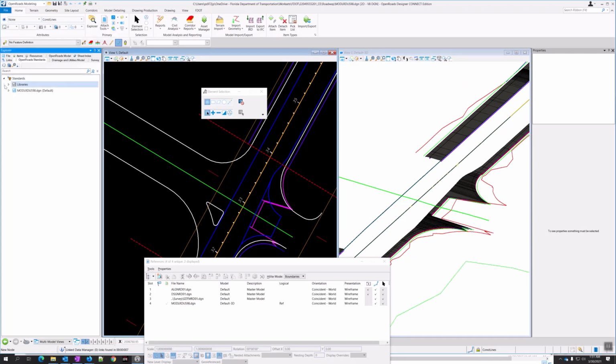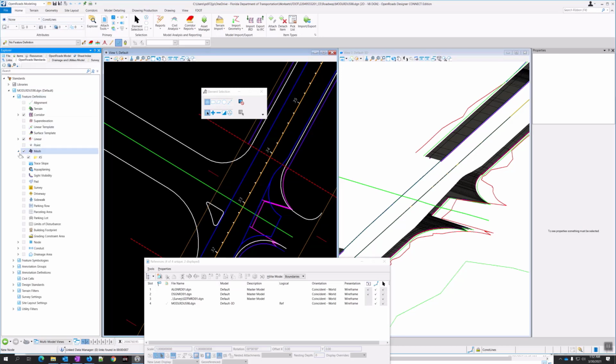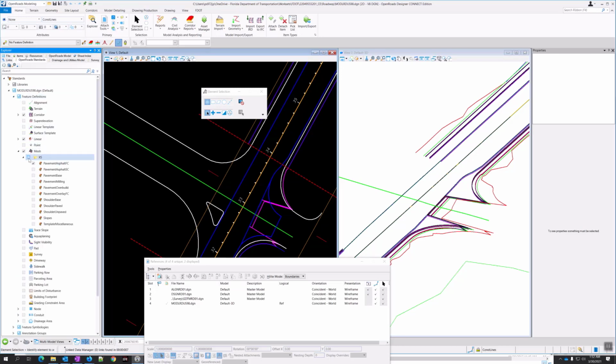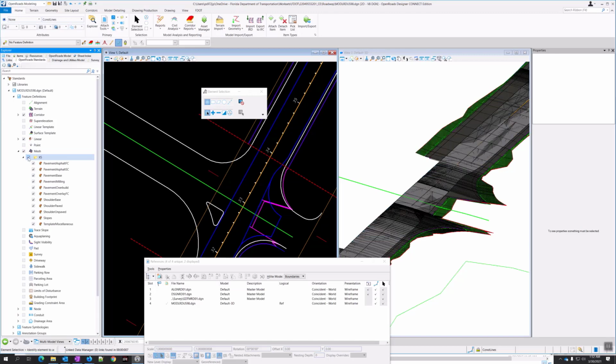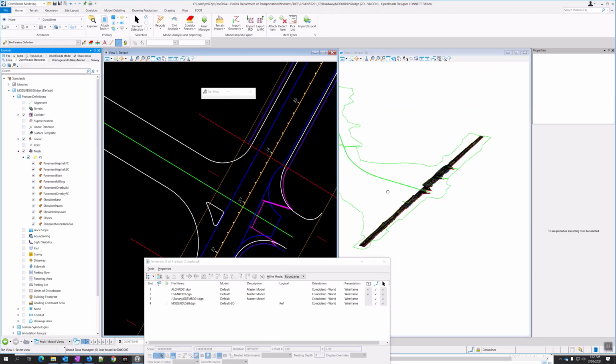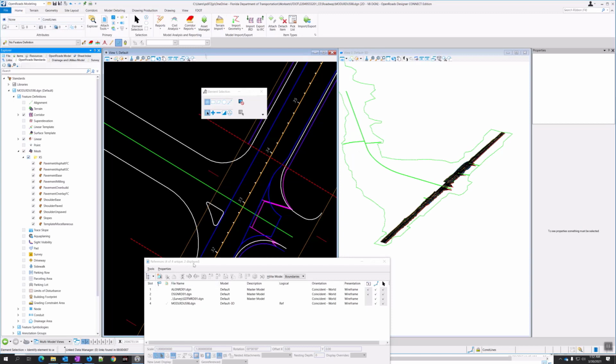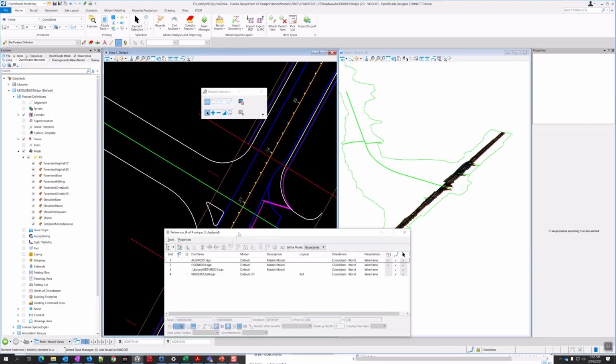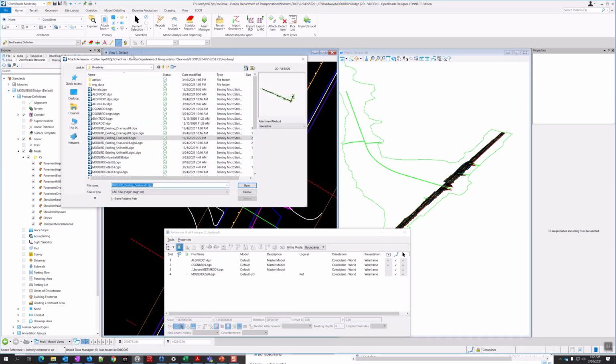I think I've got some meshes turned off, or maybe levels turned off, and I'll just check in my OpenGrid standards and make sure everything is turned on. Okay, so I don't have my existing features model, so let me go in. My reference is still open, so I'm going to go over in here and attach reference. Make sure your 2D view is active before you do that.